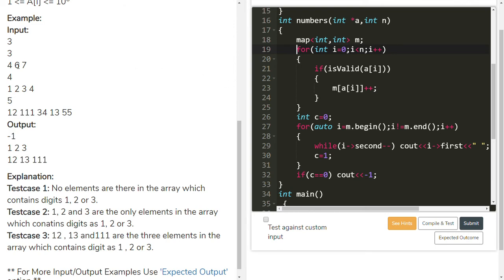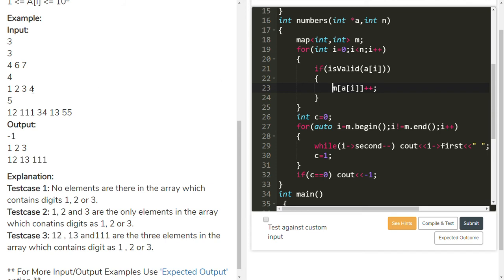Take the second test case. N is 4 and the elements are 1, 2, 3, 4. We are at the i value 0, and 1 is valid. Yes, 1 is valid. Then the map takes the 1 and the occurrence value becomes 1. i is incremented. 2 comes. 2 is also valid, so it is also entered into the map, and its occurrence value becomes 1.